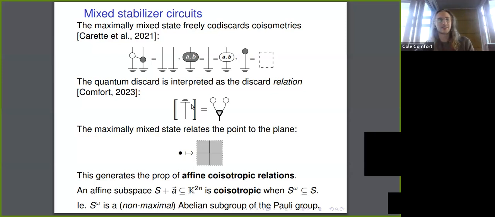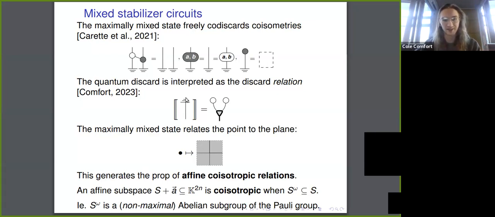So the idea is that you have this requirement that everything has to be maximal to define a stabilizer state. And if you loosen this requirement by discarding things, then you get a projector without rank 0, which is